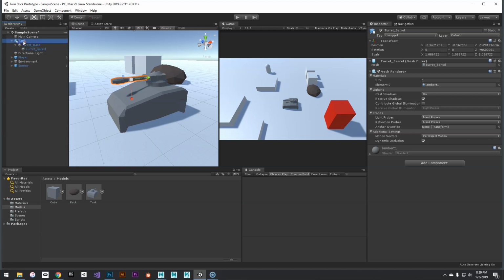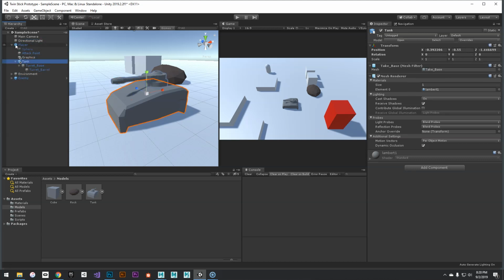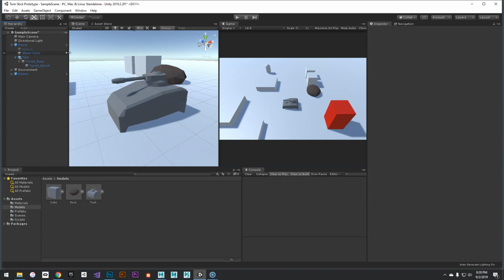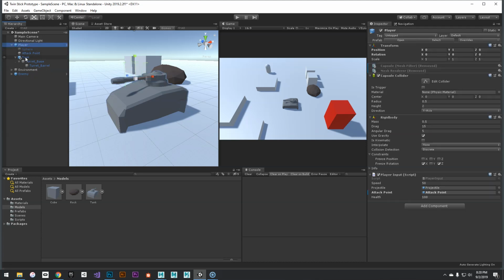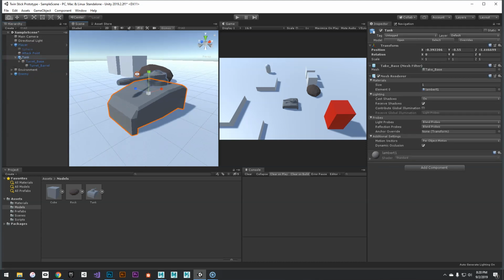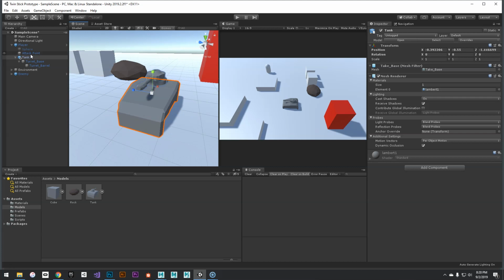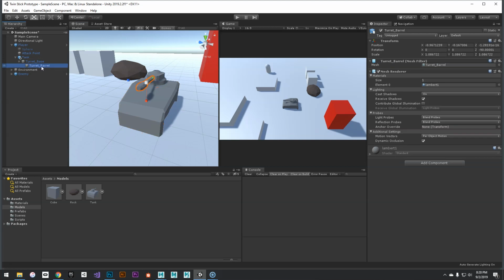So I'm going to drag and drop my tank into my player, and let's see, I'm going to actually not use graphics. I'm just going to delete that. So I'm going to have player, and then my tank is going to be a child object of player, and then we're going to adjust things so our attack point is actually a child object of our turret barrel. Because as the turret base rotates,